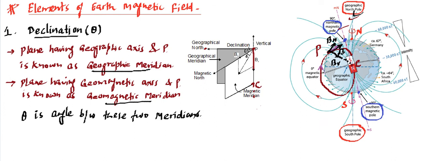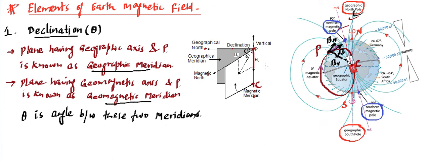Then we need to see where the other poles exist. Let's say the magnetic north pole is somewhere outside, that means by turning a certain angle, coming outside this plane or the screen. If you get the north here, you might get the magnetic south into the screen somewhere at the backside. There's going to be a plane you can imagine, connecting this magnetic north with this axis, which is again common. So this white plane drawn over here indicates another meridian, that is the magnetic meridian.